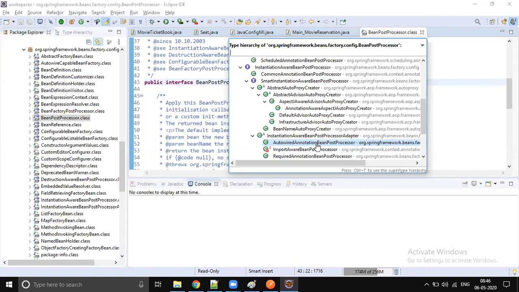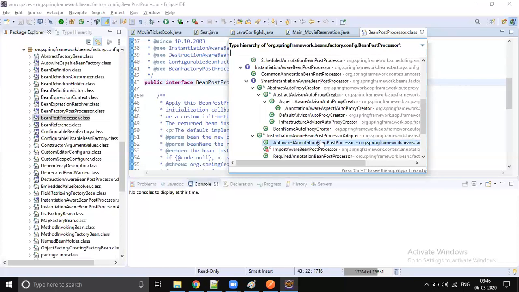So the Spring Container will talk to this bean post processor. It will say, hey, can you please take care of all the Autowired in my project? This is a kind of assigning the project. This is like a project manager or delivery head who takes care of all the Autowired in the project. You can consider the container to be like the CEO or CFO or senior delivery head who represents our application.